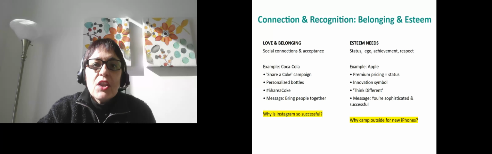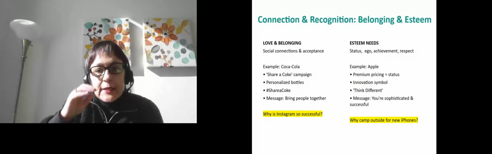So, love and belonging is the next need that is fulfilled once safety needs are fulfilled. So you think of social connections, relationships, acceptance, community. A great example I have for you is Coca Cola's Share a Coke campaign. So they had personalized bottles with names that encourage sharing with friends and family, right? And that